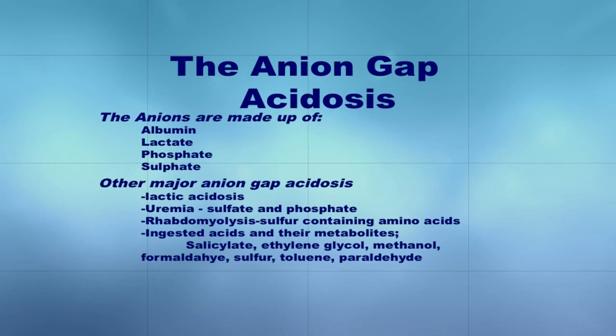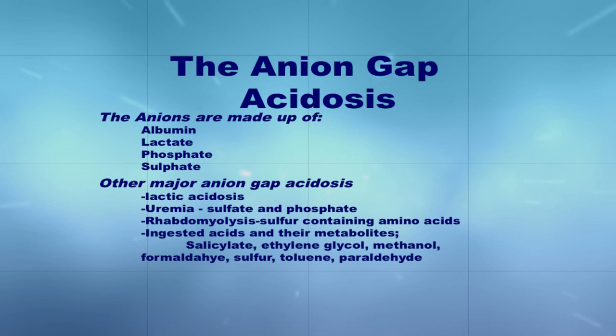One should be familiar with the anion gap, as these are the parameters that one would follow in the management and diagnosis of diabetic ketoacidosis. As you know, there are some anions that we do not measure in the formula for the anion gap, and these include albumin, lactate, phosphate, and sulfate. So normally, there is an anion gap that is 8 to 12.